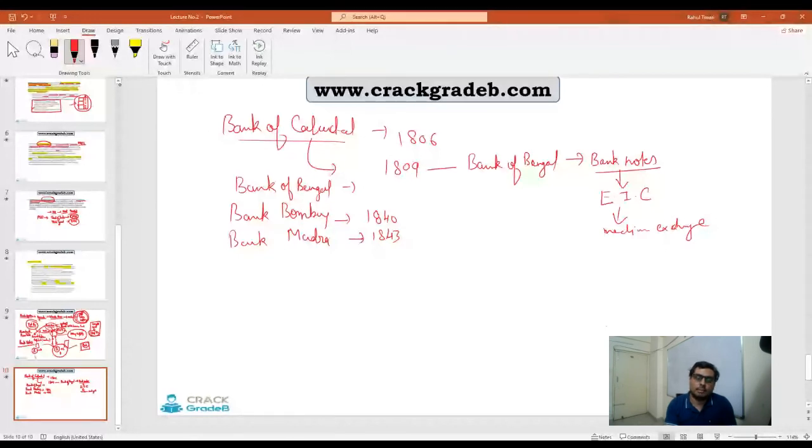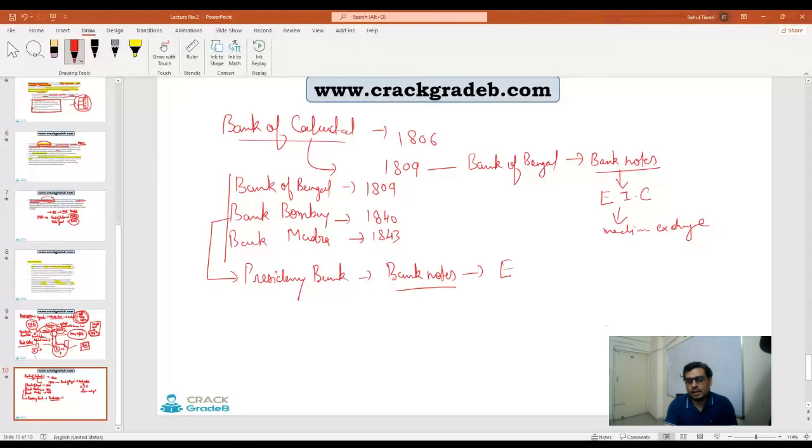It got the status of Presidency Bank, the bank which worked for the Presidency of Bengal. Right. So 1809. So these were three presidency banks with power of issuing banknotes, and these banknotes were accepted by the company in India for exchange purpose, right? And all of you know that after the revolt of 1857, the company's rule was ended in India